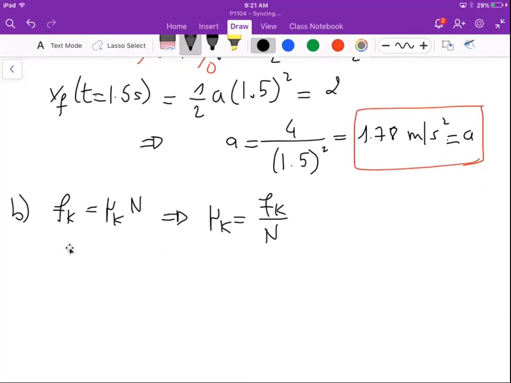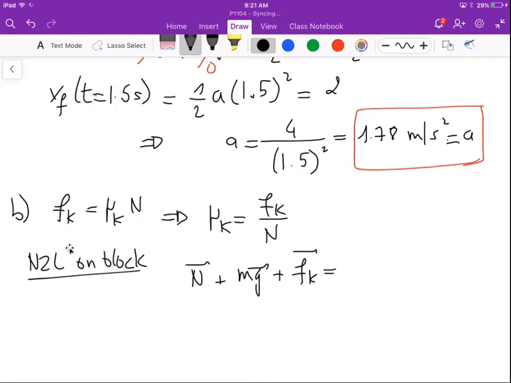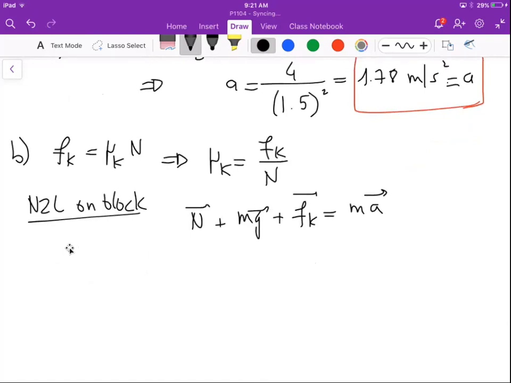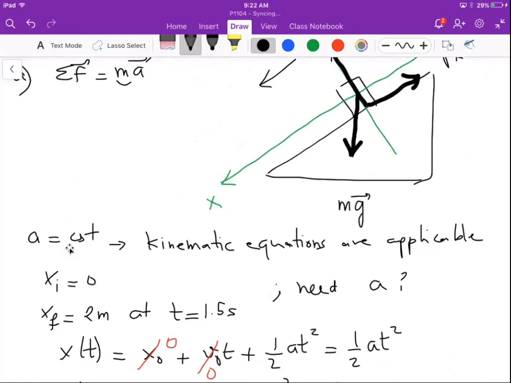So let's actually make our projection. So Newton's second law on the block. We know that we have the normal plus mg plus the force of kinetic friction equals ma. Okay, so let's now make just the projection. So we have a projection along the x-axis and a projection along the y-axis. So along the x-axis